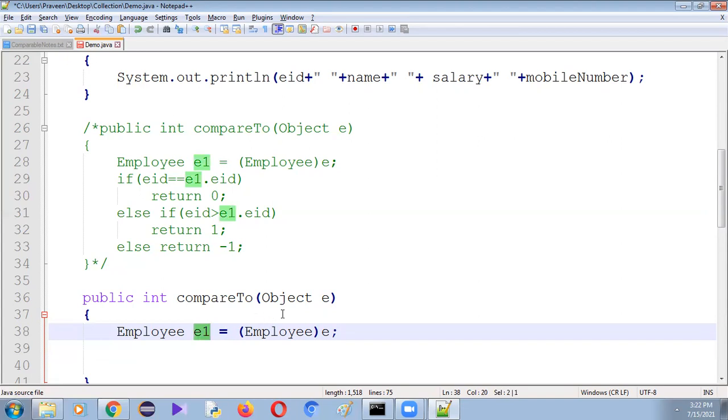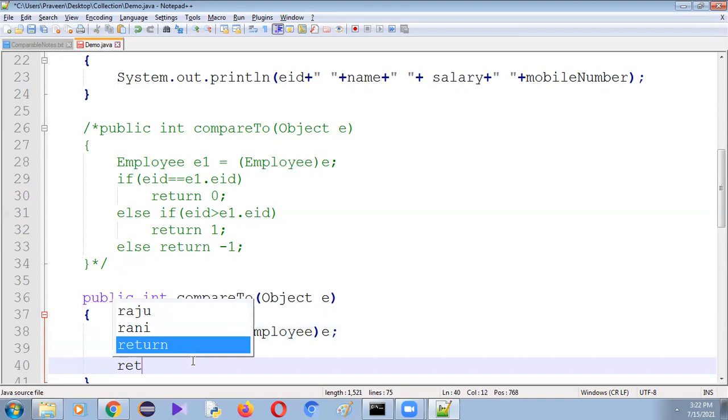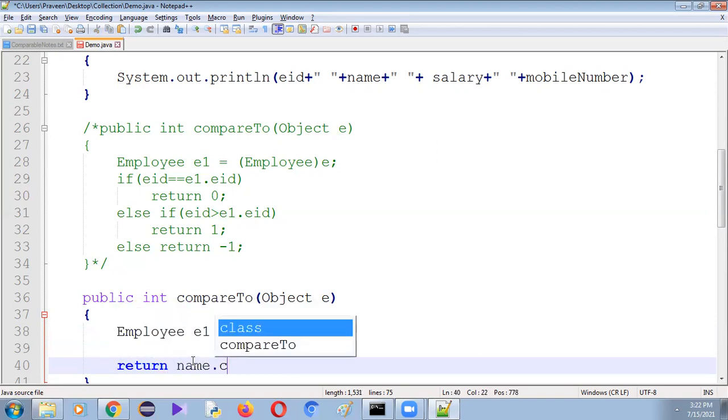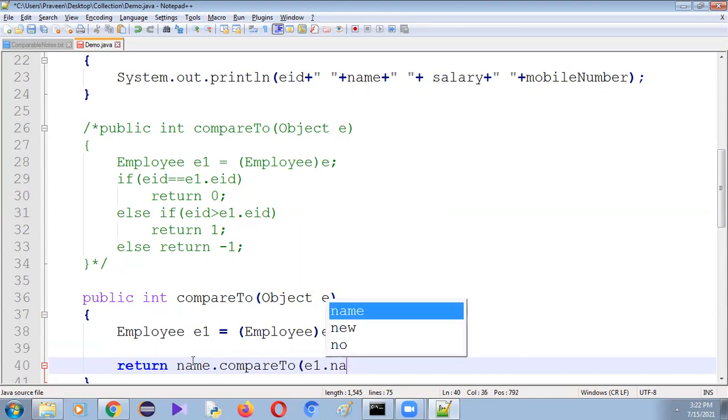To compare the names, we can use the compareTo method that is present in the String class. So directly we can say return name dot compareTo the name that is present in E1. Right, save it.